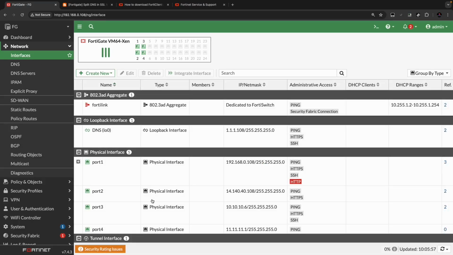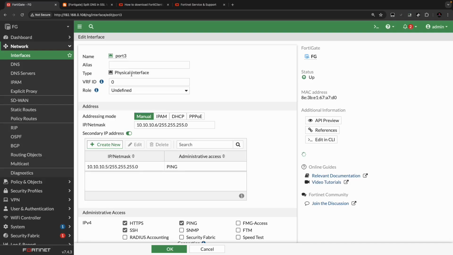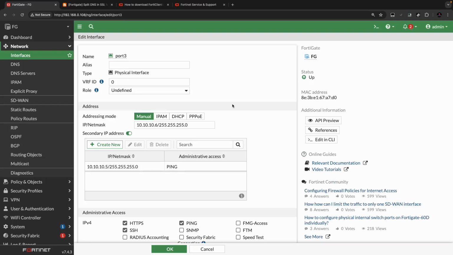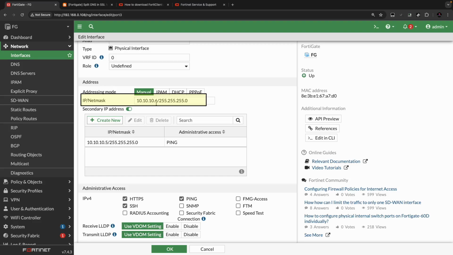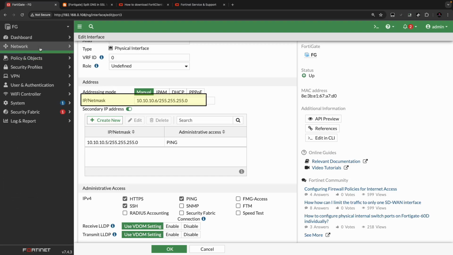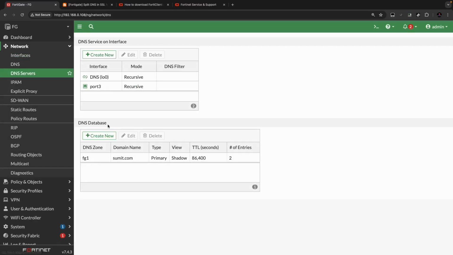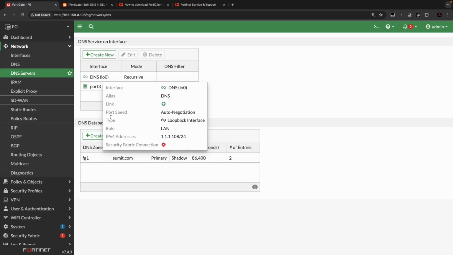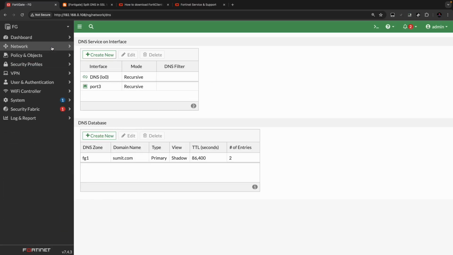So I'll show you the configuration on port 3. Port 3 has 10.10.10.5/24 as the secondary IP and 10.10.10.6/24 as the primary IP. So now once the DNS server is configured on DNS loopback 0, we can then try configuring the split DNS on the SSL